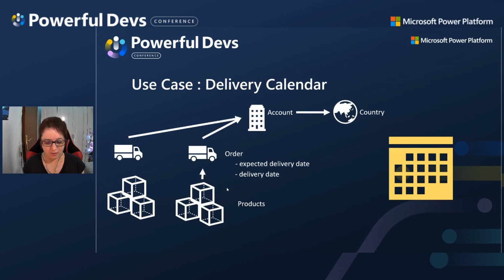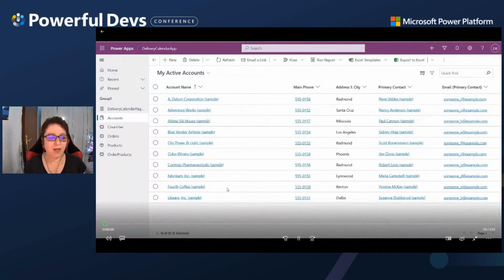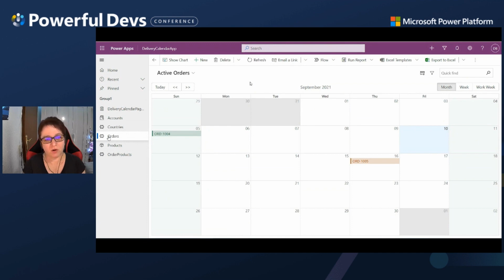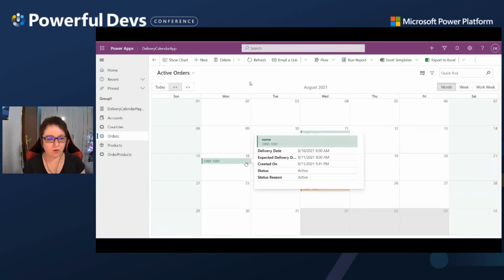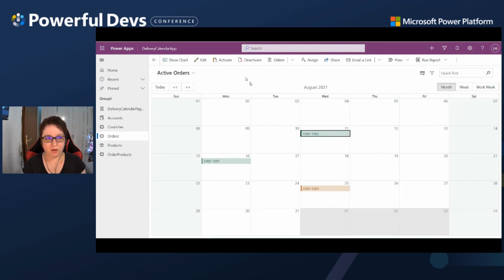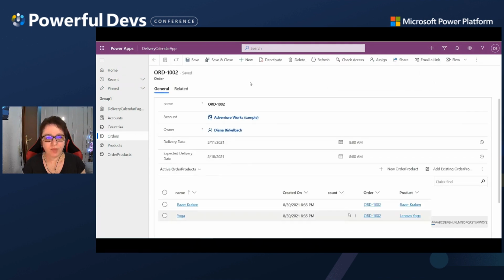And let us show what this application looks like. First of all, we have made a PCF. As soon as we had the PCF, we could integrate it in our application, and we designed it for the order. So you see here a PCF showing these orders, and you can switch between week, work week, or month, and you see these orders, and with hover you can see information from the view we already show now. You can navigate to the order,